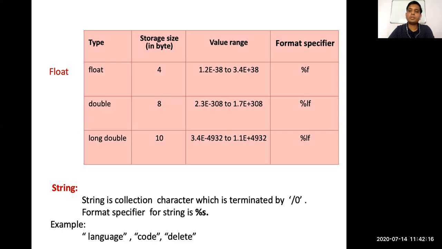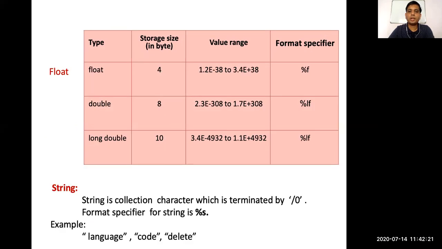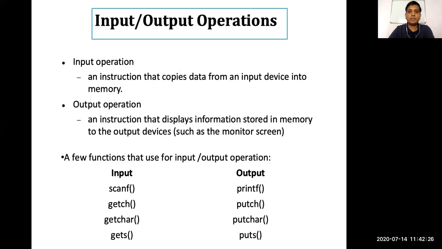So you should note these down. I will share this PPT with you, and again you should note it down yourself also. Some input output operations we are going to see here because they are important. The input operations are scanf, getch, getchar, gets. These are related to strings. Scanf can be used for getting your integer, float or double variable value. For output purposes, we can use printf, putch, putchar, or puts.